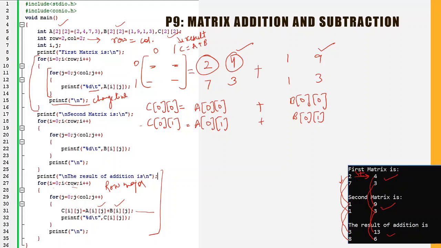So this is after one row. In one row we scan all the columns, right? For every row we scan all the columns through this, and this is used for different rows. At the end of every row we change the line. So this is how we can print the